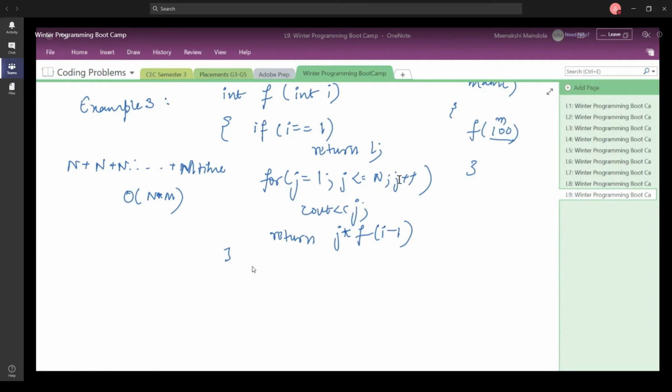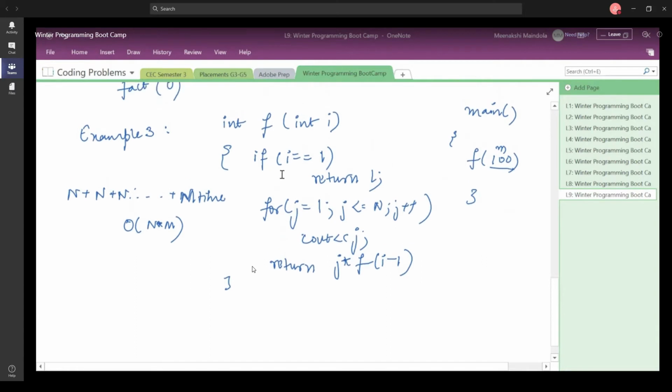What is n? n is the value up till which this loop is going to run. Okay, let me repeat it once again. Suppose you have been given this function here, and in the main function you call this function with a certain value.